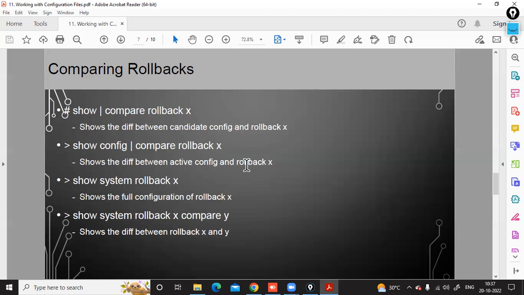Okay. Then you have show system rollback. Now, if you want to see the full configuration of a particular rollback, then you can give the command show system rollback and give the rollback number. It will show you the full-fledged configuration, right? And then show system